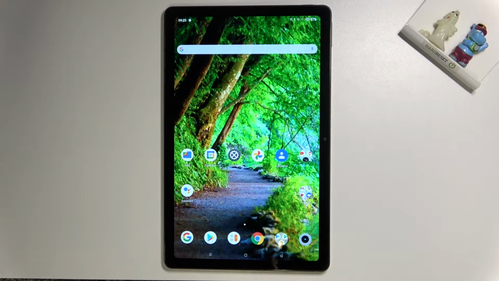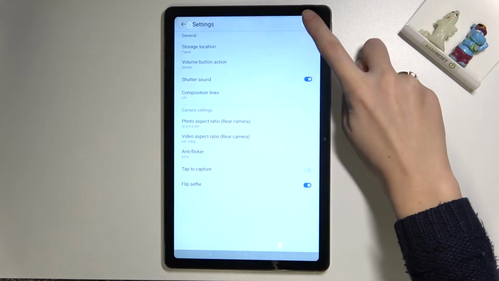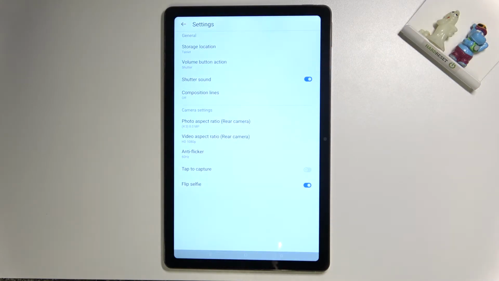Welcome, here I've got REALME Pad, and let me show you how to turn on and off camera grid lines at this device. So let's start by tapping on camera button to open it, and for now we are on standard picture mode. From here let's go to right corner button so we can open camera settings, and now we